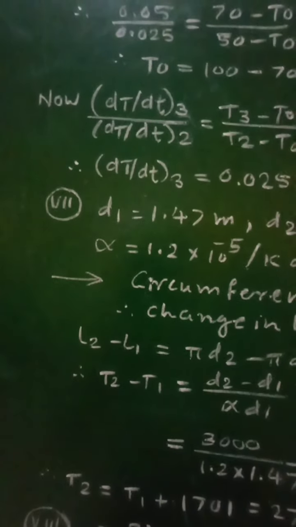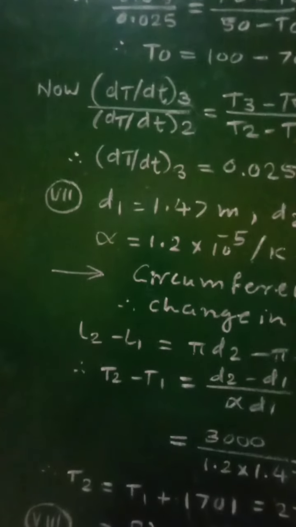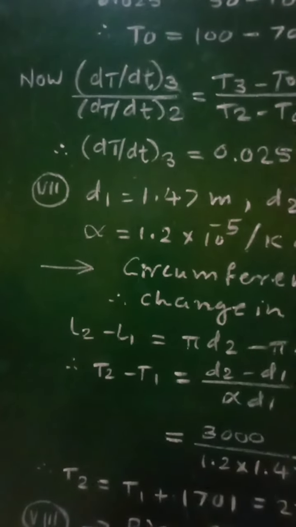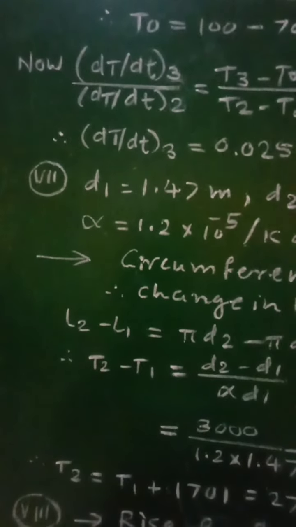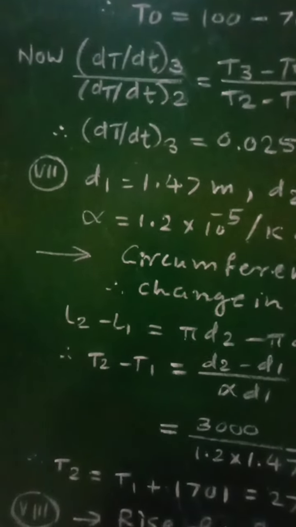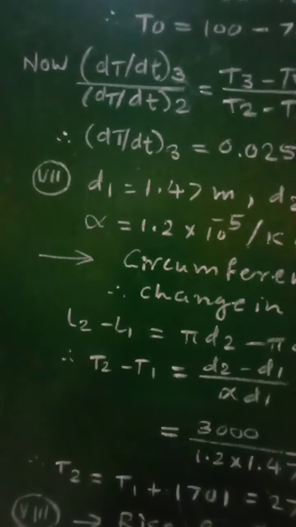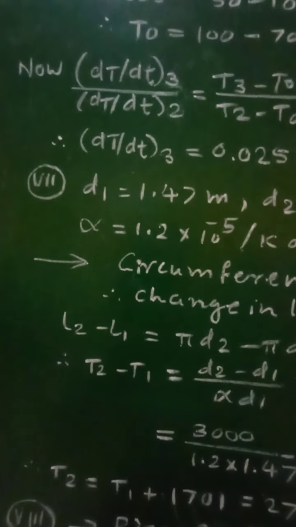The diameter of the wooden rim and the iron ring are 1.5 meter and 1.47 meter respectively at room temperature of 27 degrees Celsius. To what temperature should the iron ring be heated so that it can fit the rim